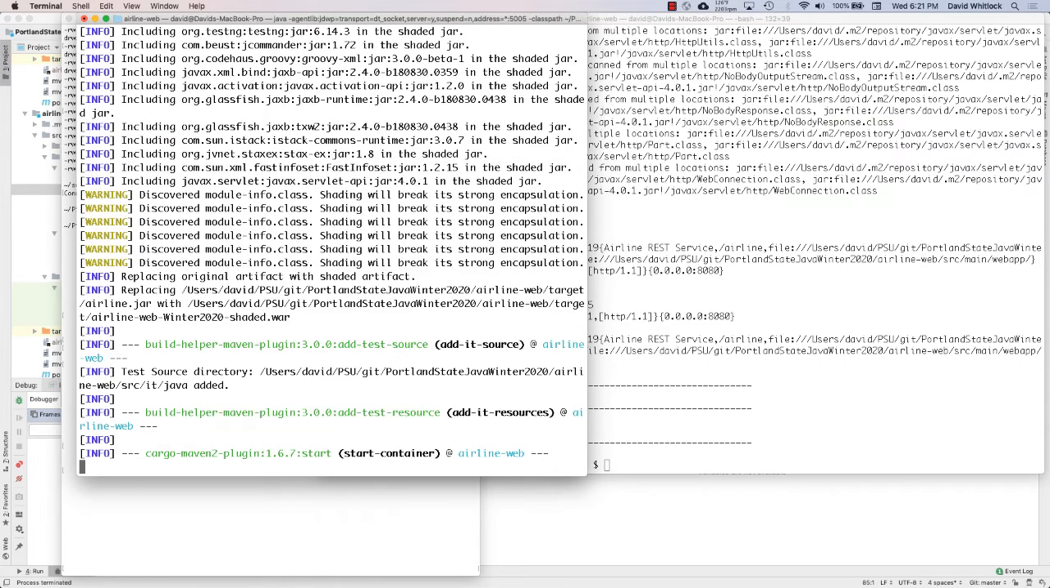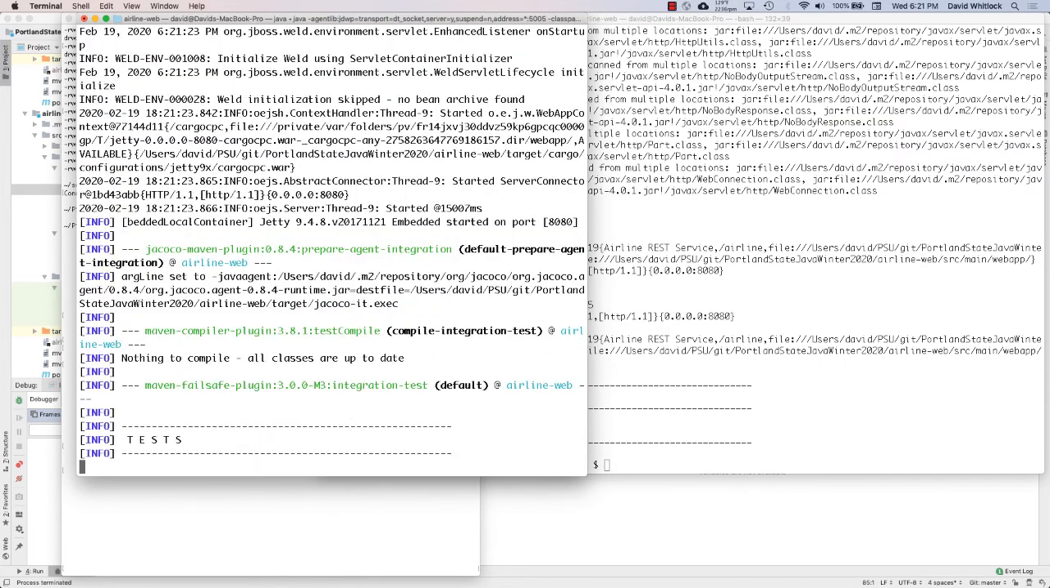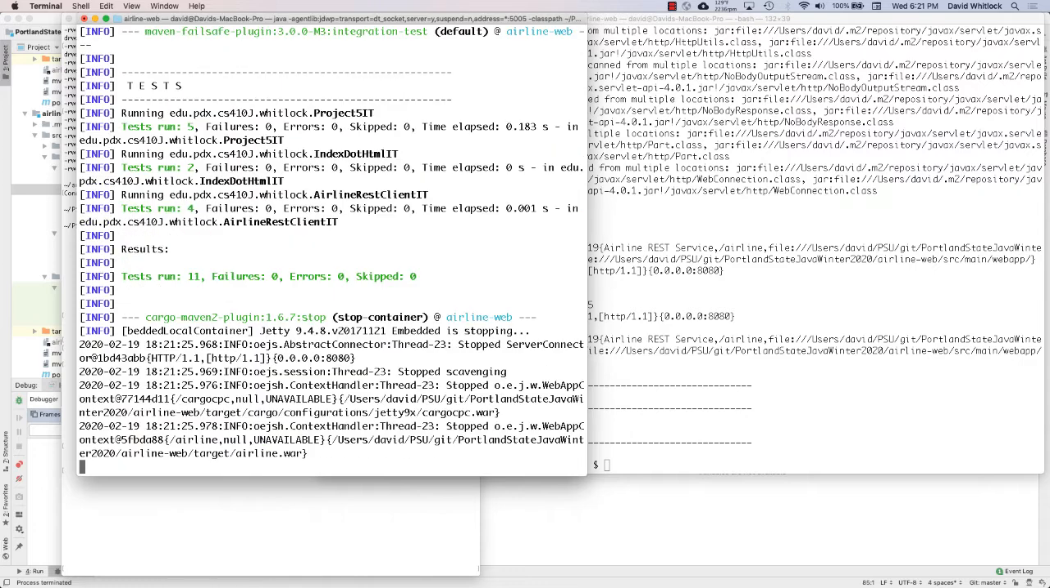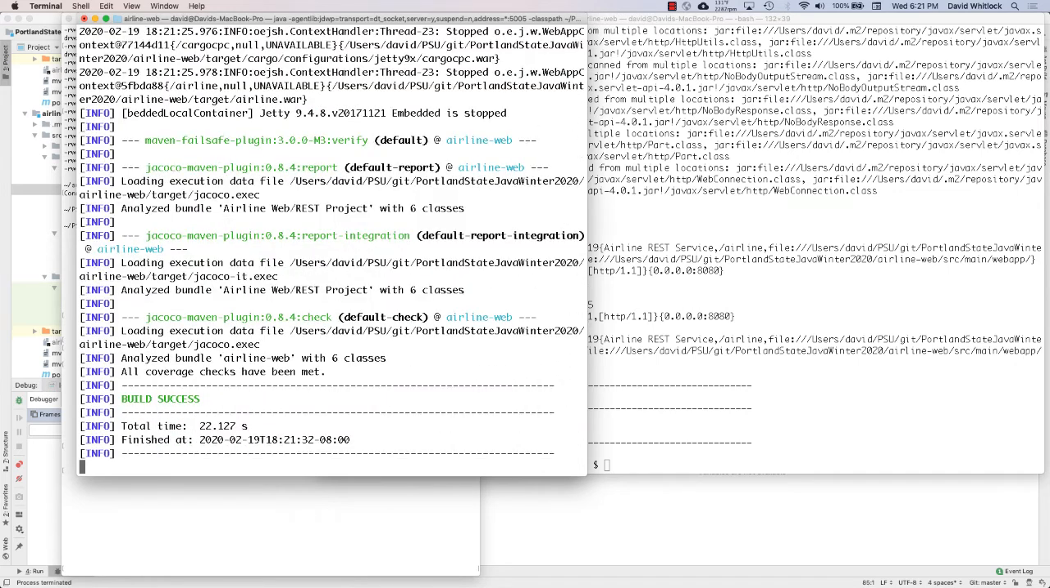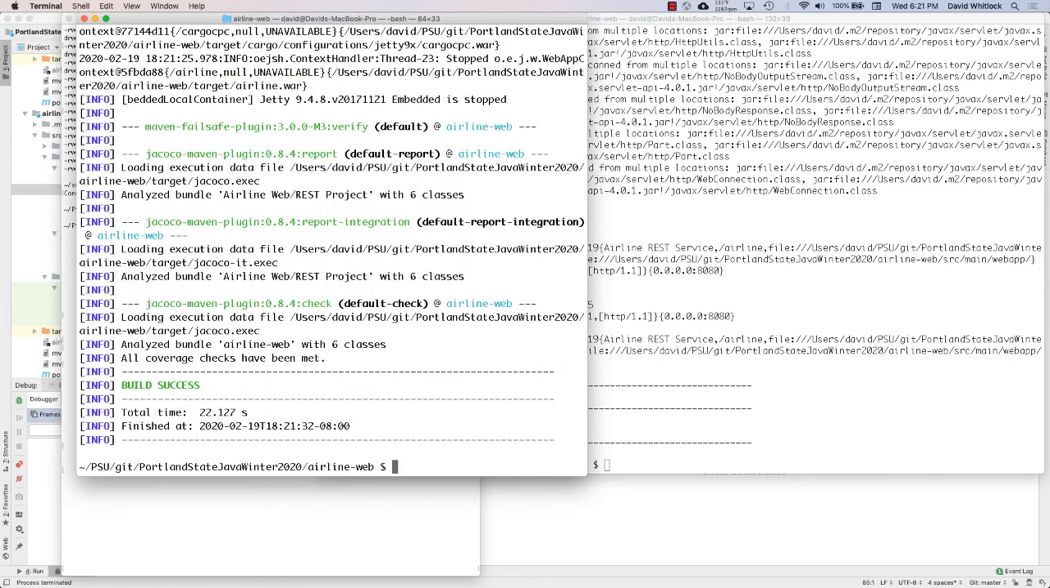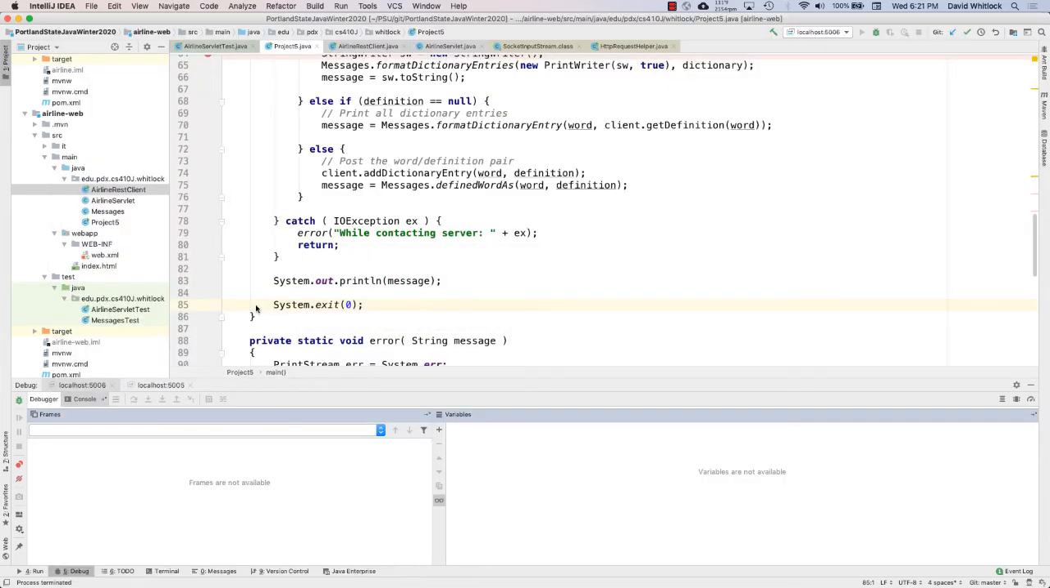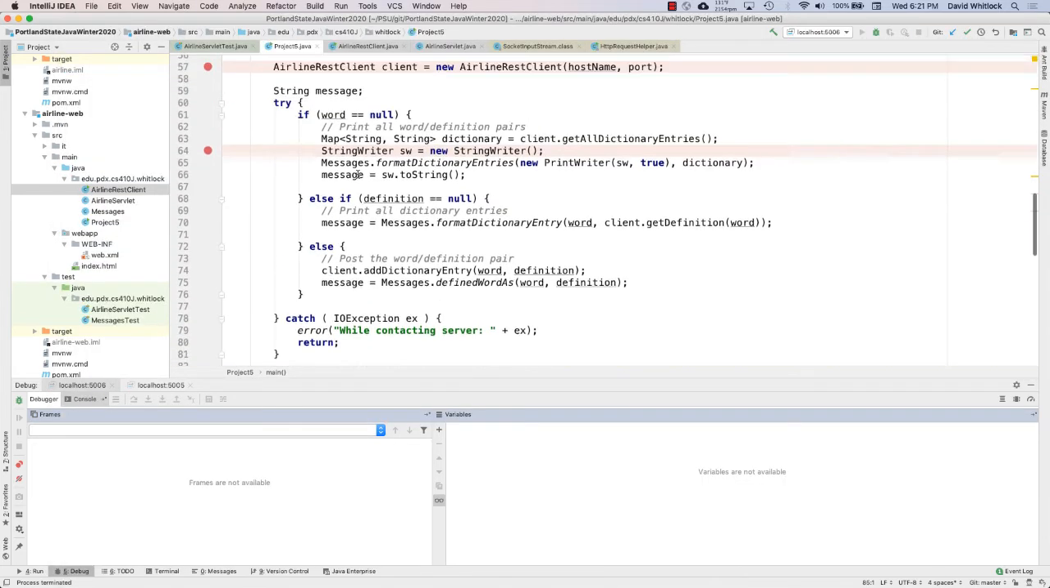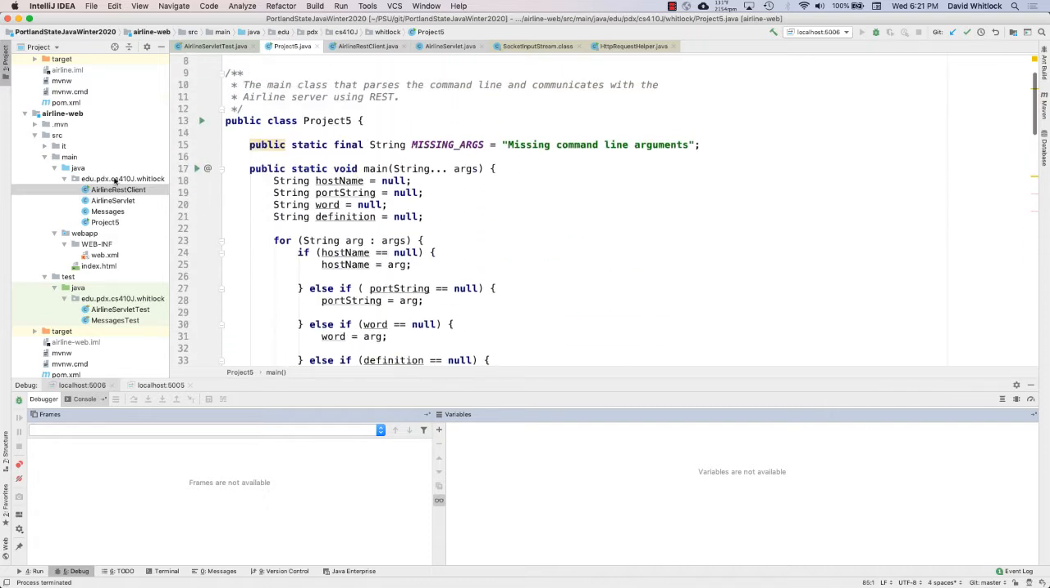I have Maven configured so that when it runs the integration tests, it starts up Jetty and deploys the web application, deploys your REST API, and then it runs a series of tests that actually hit the REST API. And those tests exercise some of the classes that you've already seen. So let's take a look at all that stuff. So here in my integration tests,